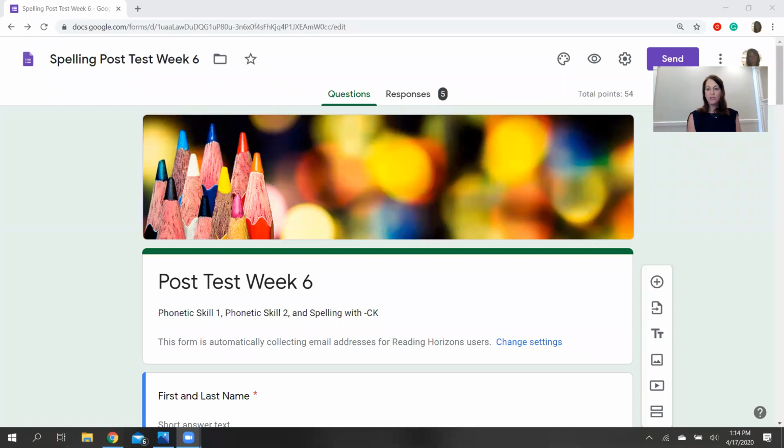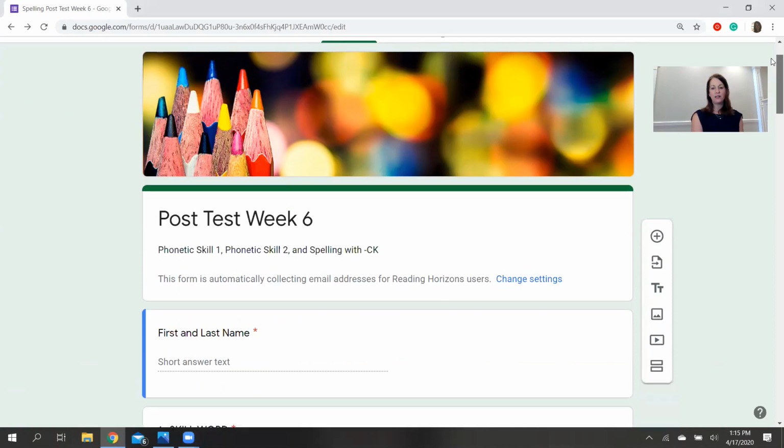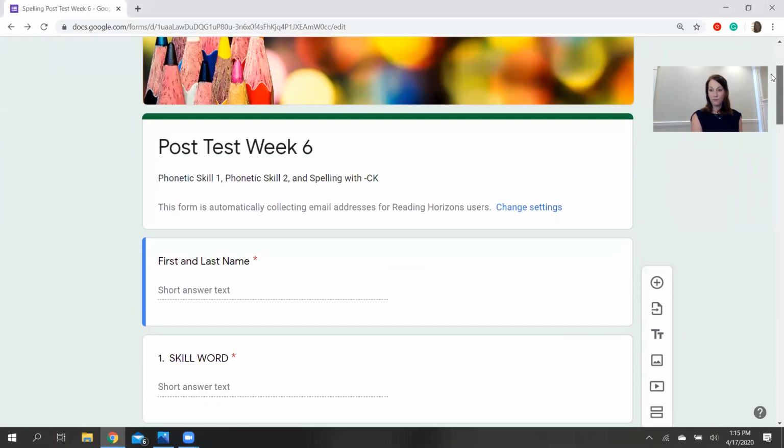So I'm going to share with you, let you see the results. When we create it, we're going to see our total points right here. So this test was worth 54 points. Then we're going to see our questions and responses. So if we just glance through the questions, just so you can see what a full test would look like